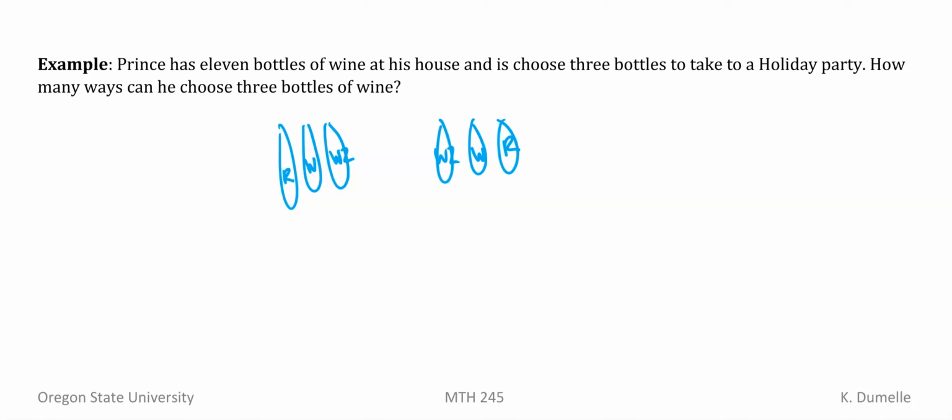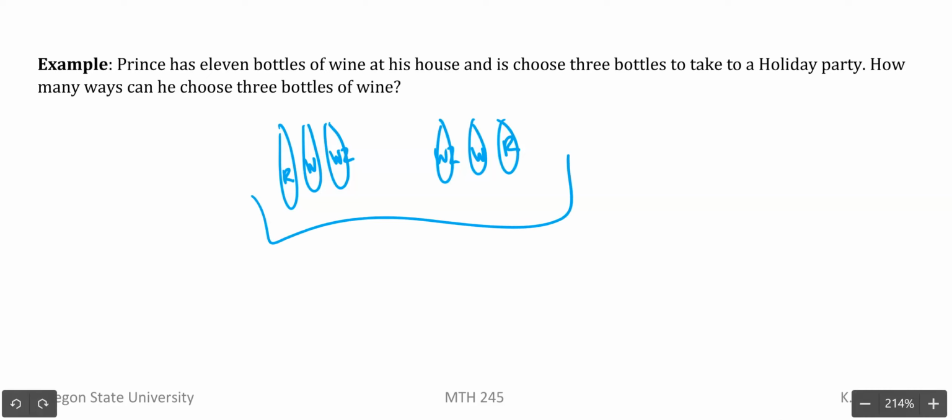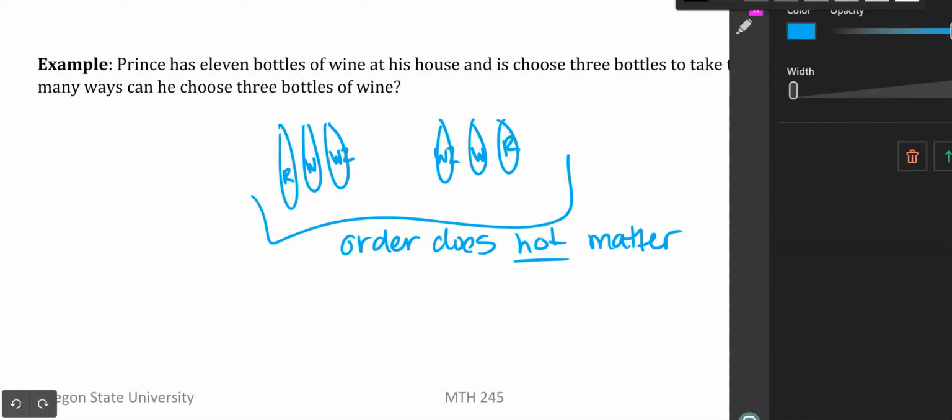No, that's not any different. My friend would think they're the exact same set of wines. So this means order does not matter. So that tells me we should use a combination to determine how many different ways there are